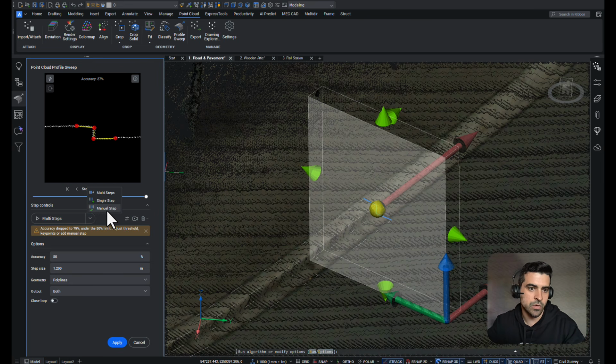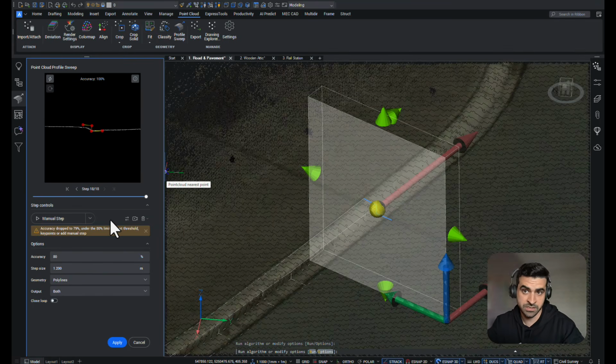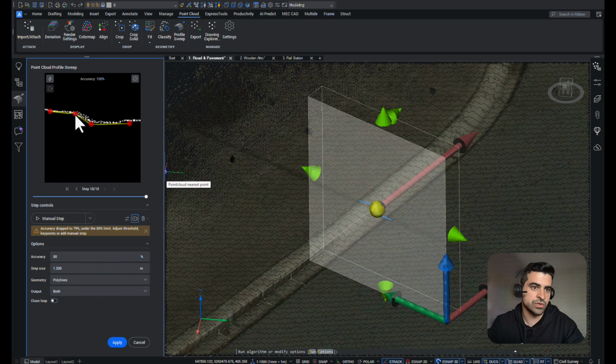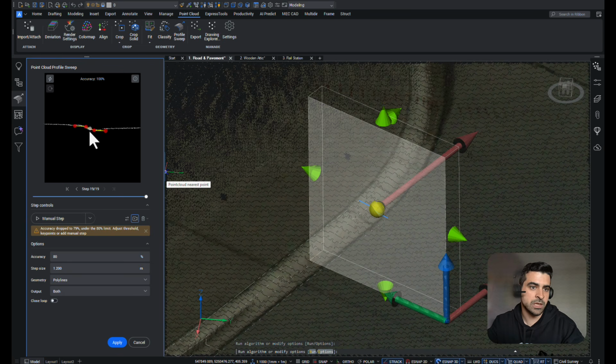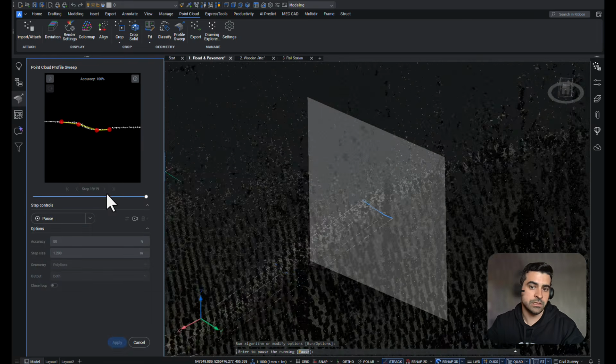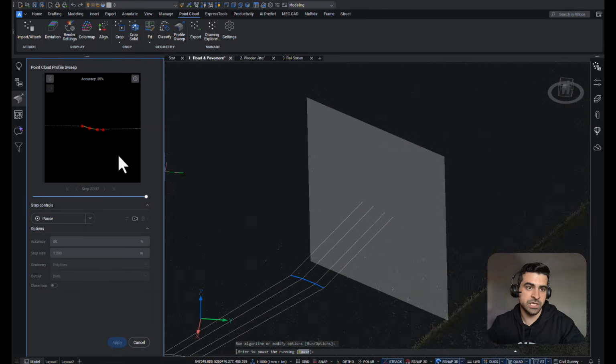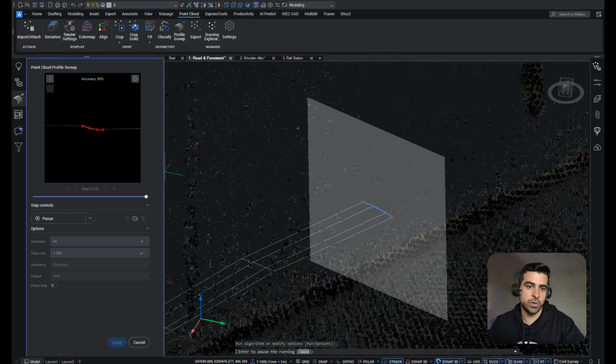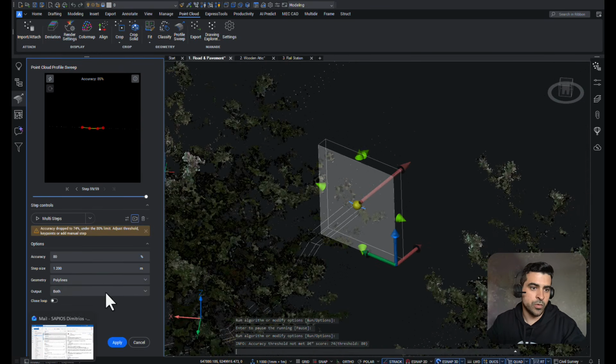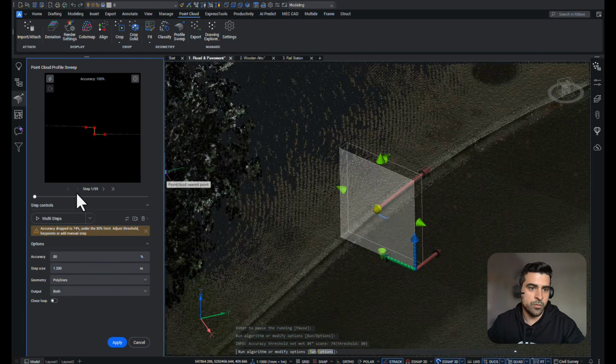So what we need to do is go into the manual step, go into the next step, and check the status. So clearly we need to change something, and once we verify the manual step, okay, let's do one more step. Change the geometry to be a little bit more accurate. Then we can go back into the multi-steps and let it follow the path until it stops again whenever the accuracy falls below. So we can then pause this procedure, and we can always go back into the steps.